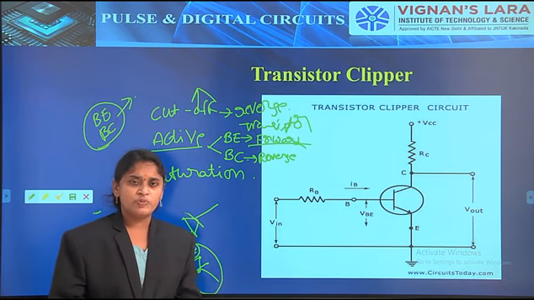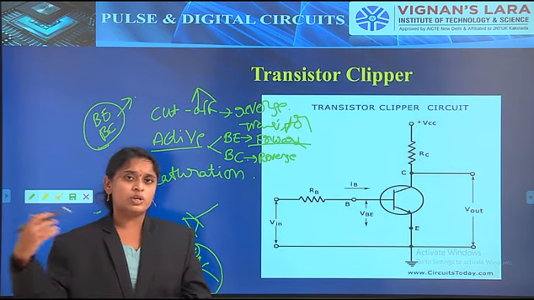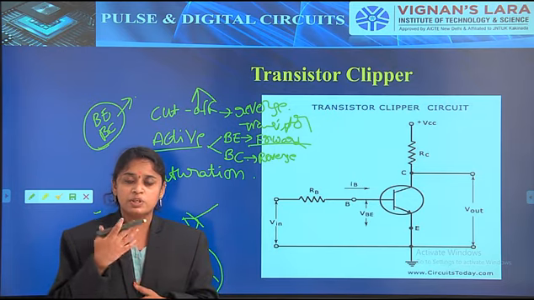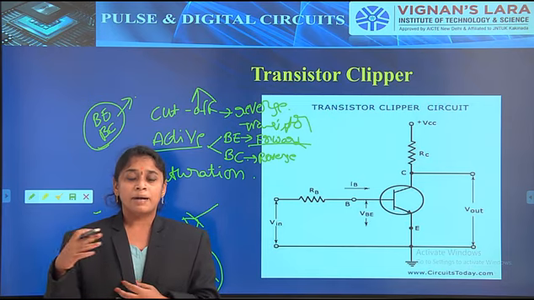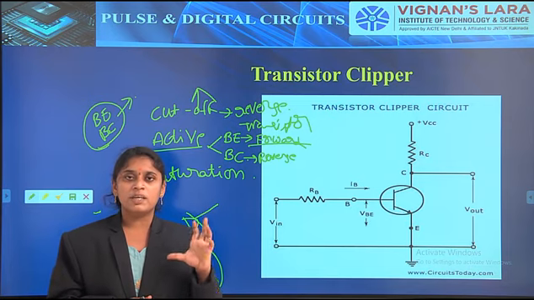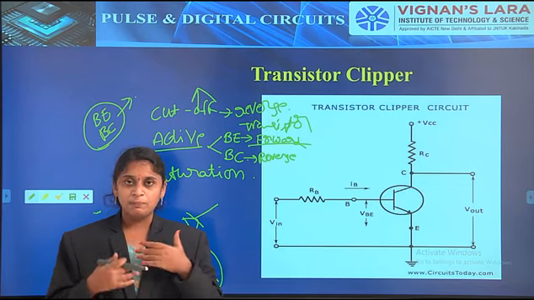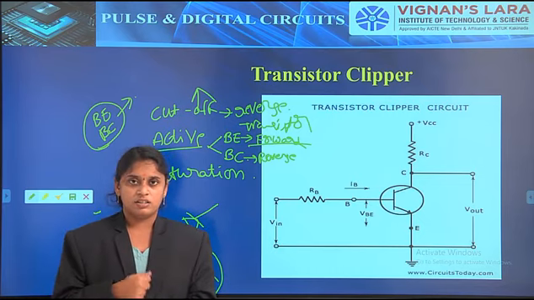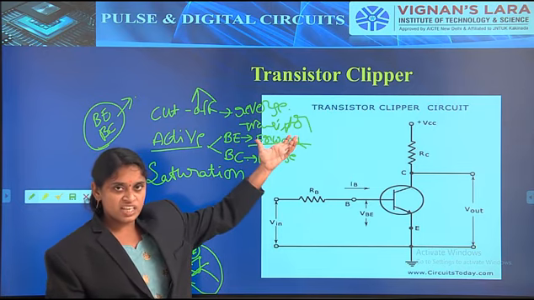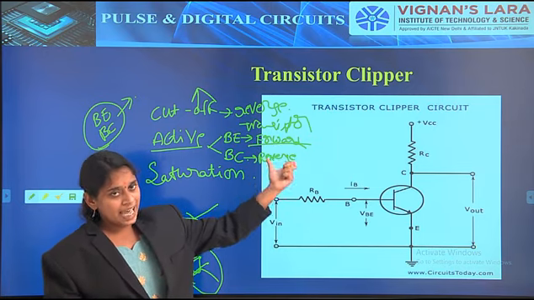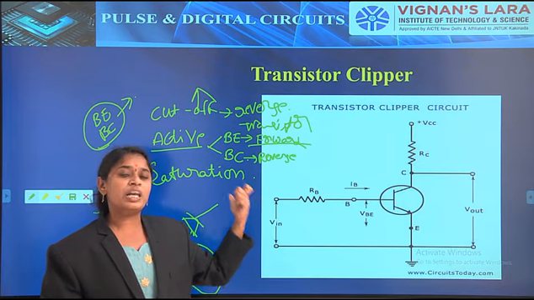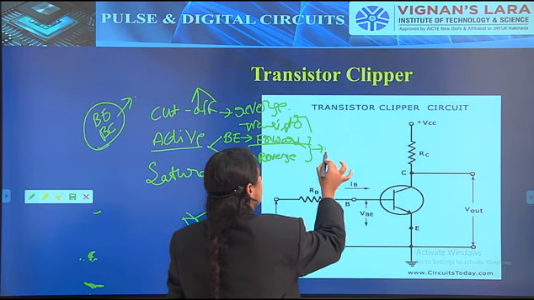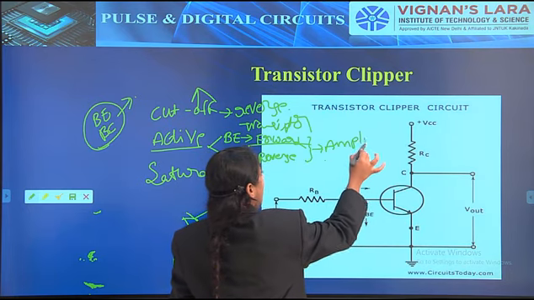So what is meant by an amplifier, and why do we go for the amplifier? Simply, in our general day-to-day life, we observe so many amplifiers, like our mic systems. So the amplifier must be there. It can increase the signal strength, and the transistor is a major element in the amplifier. So in the active region, the transistor will act as an amplifier. That is the condition.